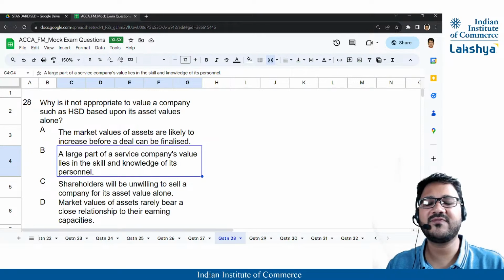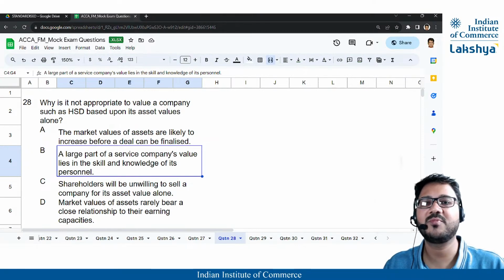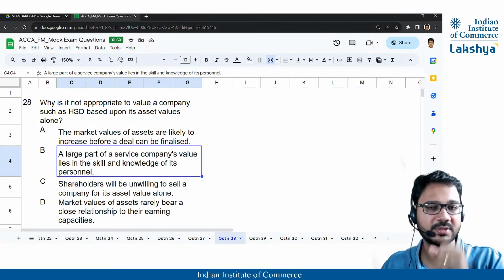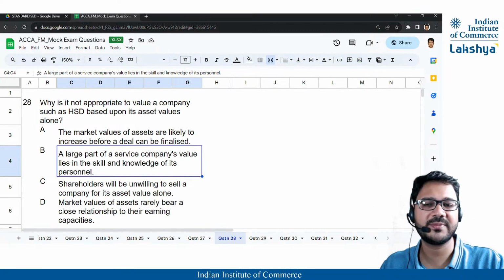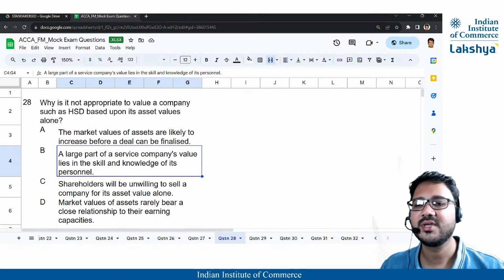They do not have much in fixed assets. They have maybe computers, but you know how much. So humans are more valuable than computers. It's the knowledge and the skill of the personnel. That's a huge reason why the company is able to make sales and get a valuation based on their human resources.